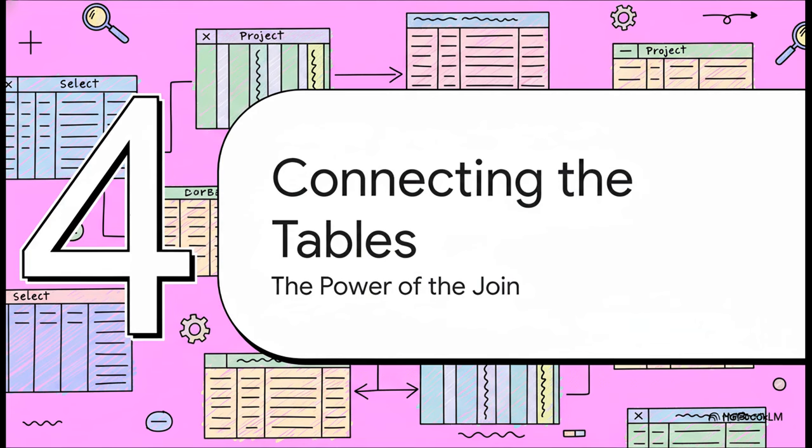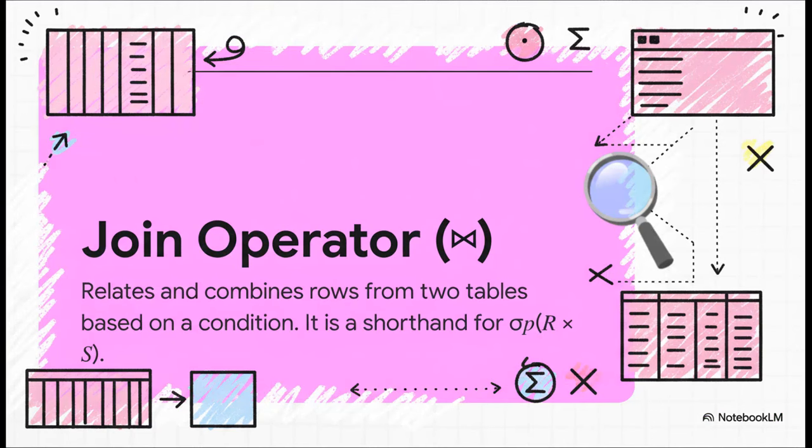Now, slicing up a single table is useful for sure, but the real magic happens when we start connecting information across different tables. This is where the true power of this whole model just gets completely unlocked. And that brings us to the most powerful tool in the entire kit, the join. This is the operator that lets us connect the dots. It lets us combine two totally separate tables into a new one, based on a column they happen to share.